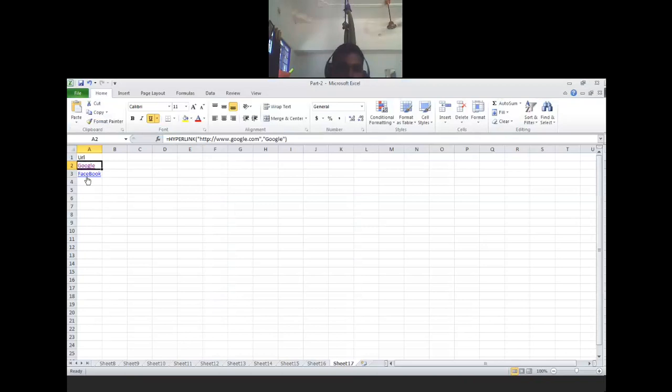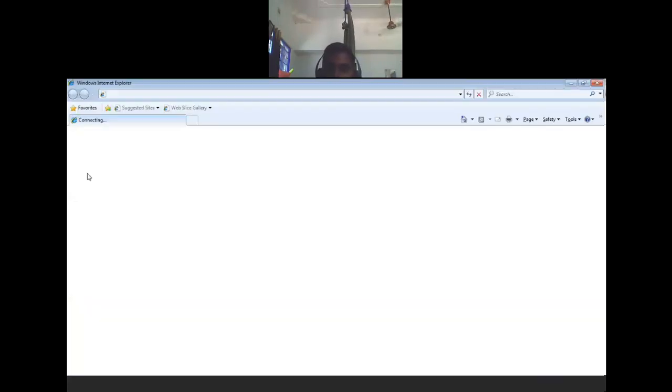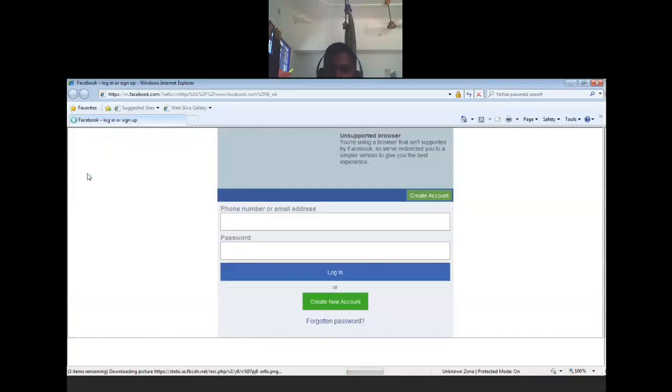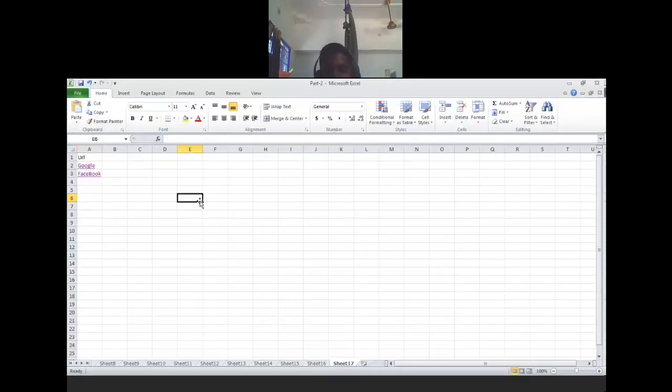Again click on Facebook, it will take you to Facebook or any particular website, not only .com. If you know the full path, you can give the full path also, and it will take you directly to the full path location. That depends on you. That is called a hyperlink, the third formula, to communicate from the Excel sheet to an internet browser. We've done EXACT, then IF with EXACT, and hyperlink. Next is the fourth formula, COUNTIF.